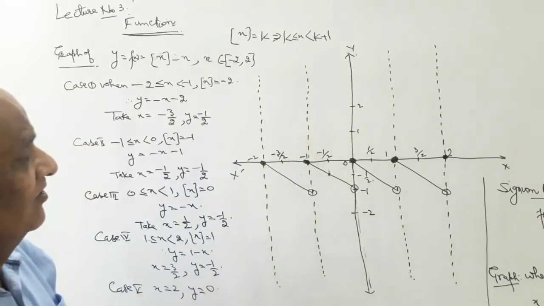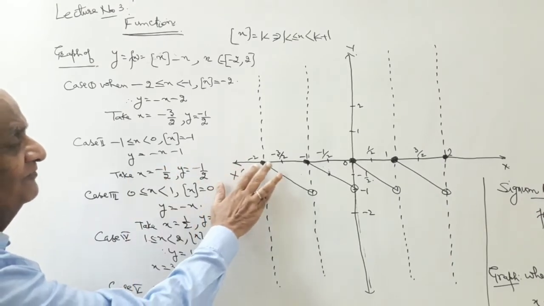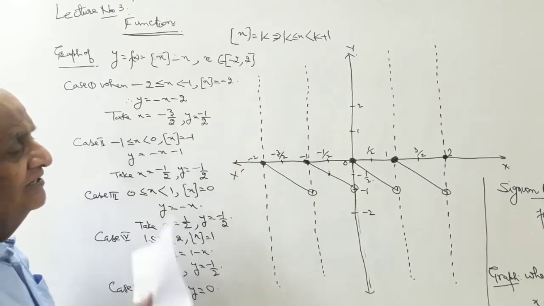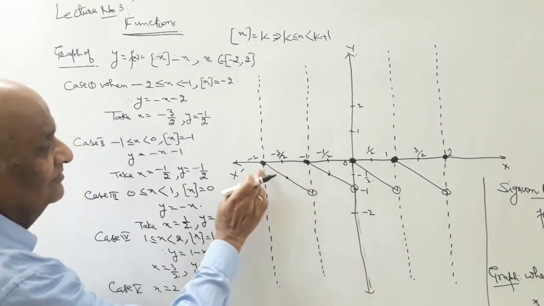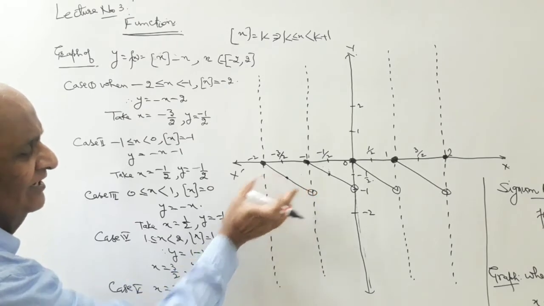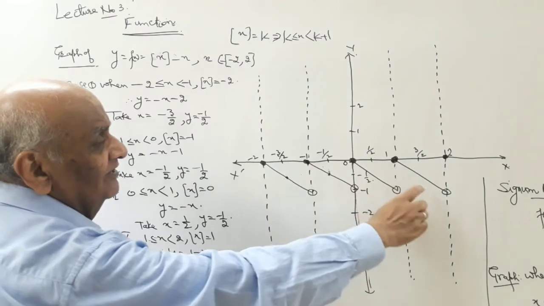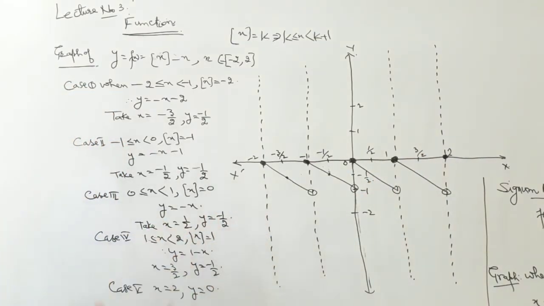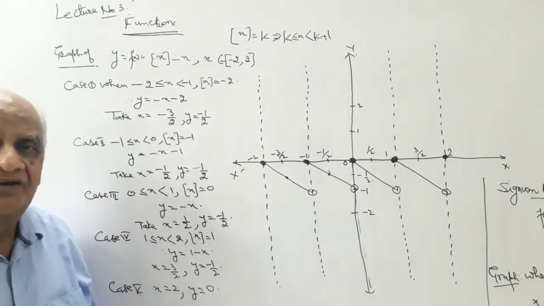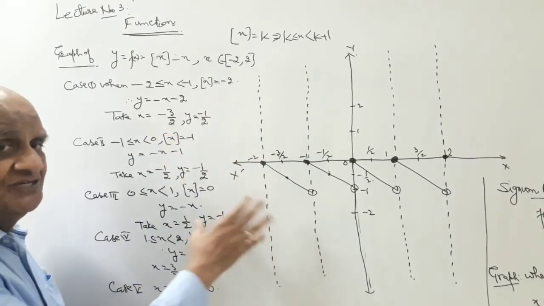Now when we have x is equal to -2, y is 0, and from -3 by 2, y is equal to minus half. So this is minus half, this is a point here. Join the 2 points, you get one straight line. Similarly, you can draw the remaining straight lines like this. This graph you must prepare carefully because from the examination point of view, when the competitions are there, some problems of this nature can be there in the competitions.